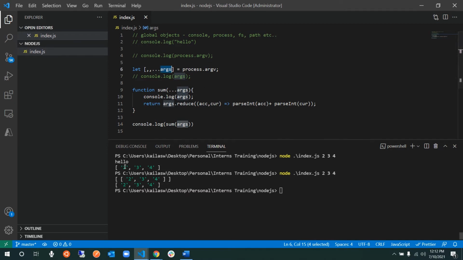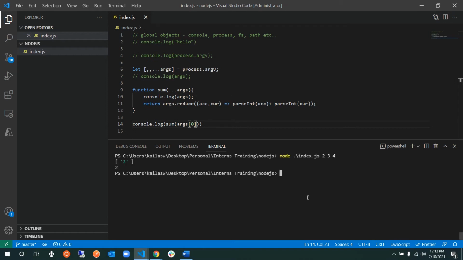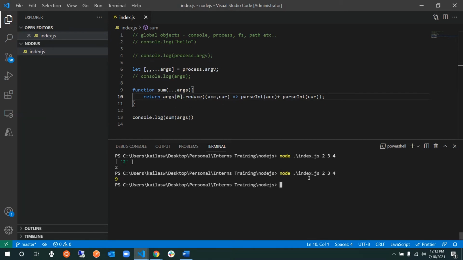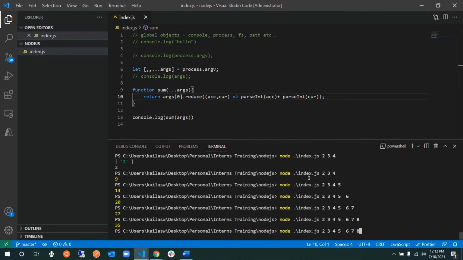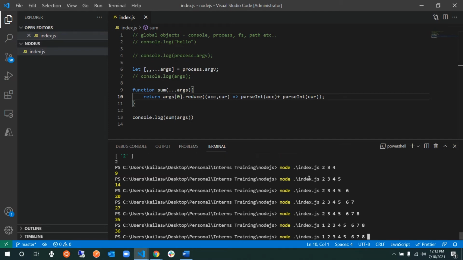So let me say, instead of saying this, I'll just say 0. I'll just say 0 here itself. This will give you only 2. That's bad. Let's say 0 here. Okay, so now we are good. So however many I pass, I'll get in there. Got it? I can calculate the first 10 numbers or whatsoever.